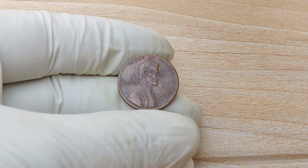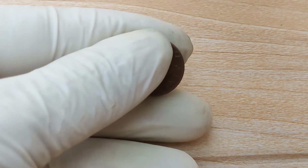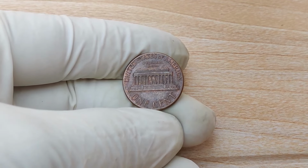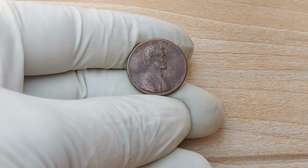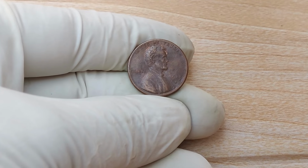The Lincoln penny was first issued in 1909 to commemorate the 100th anniversary of Abraham Lincoln's birth. Designed by Victor David Brenner, it was the first U.S. coin to feature a real person, breaking away from the traditional designs that showcased allegorical figures. Since then, this beloved coin has gone through several design changes, but today, we'll focus specifically on the 1983 D